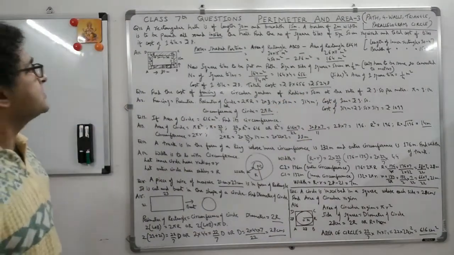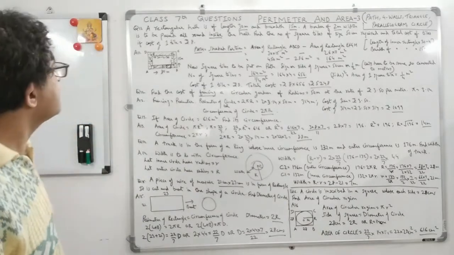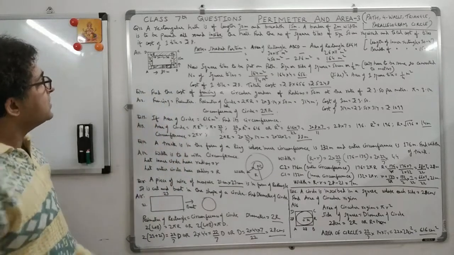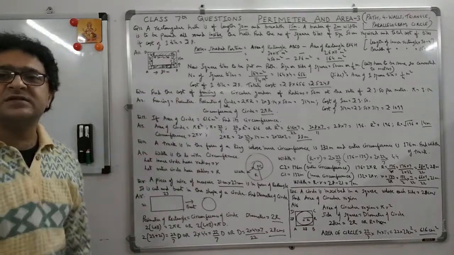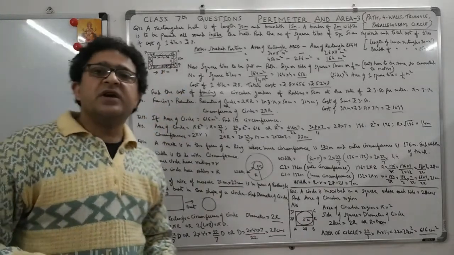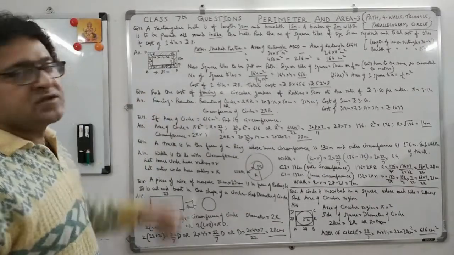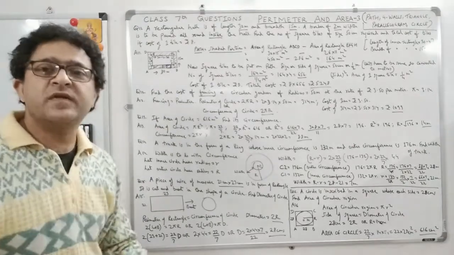This is a very good question, and this question can certainly come, and you need to practice this. And it is a very simple question if you just make the diagram properly. This is a square tile. How many square tiles to be used? But the square tile was given in centimeters, and we have the whole room in meters. So we converted to the same units. We converted the centimeters to meters, so that meters and meters got cancelled, and we got the number of square tiles.